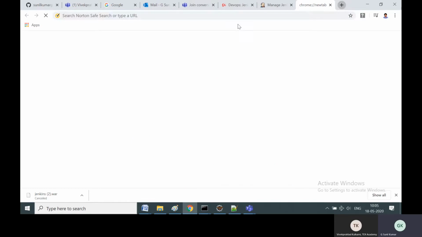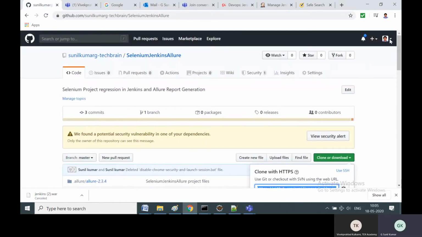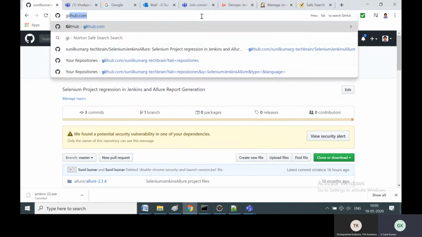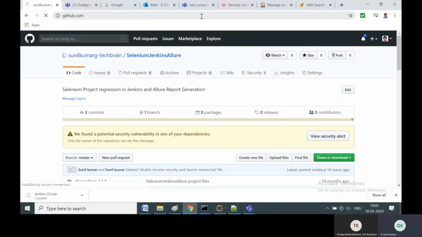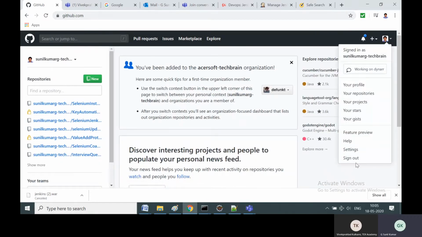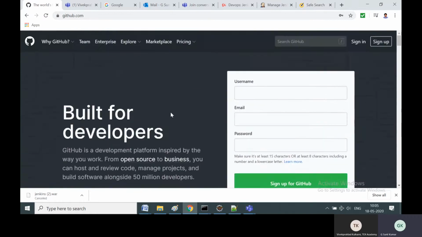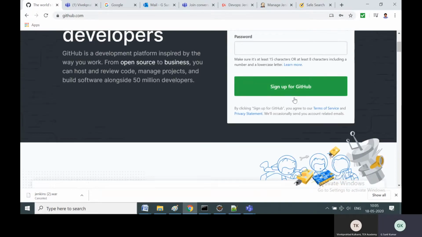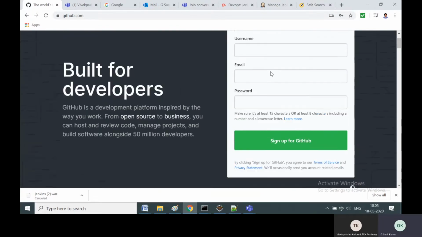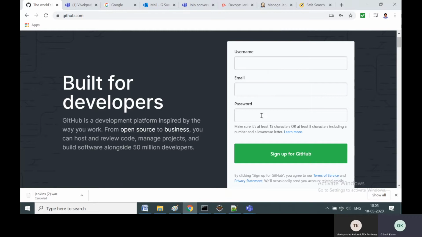I'm going to open my GitHub account, guys. Okay, see, I've already opened it here. Let me sign out and open once more for you. So once you type github.com, I've already covered this in the part 1 video, how to create a GitHub account, guys. GitHub account creation is very simple. Once you type github.com, it will ask for username, email, and password for sign up. Just click sign up. Once you click sign up, it will verify your email.